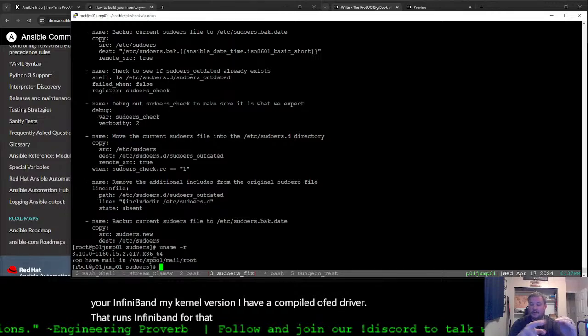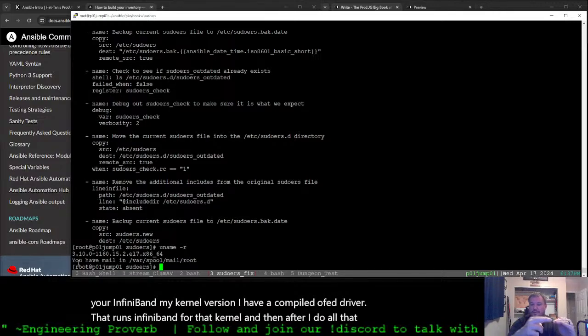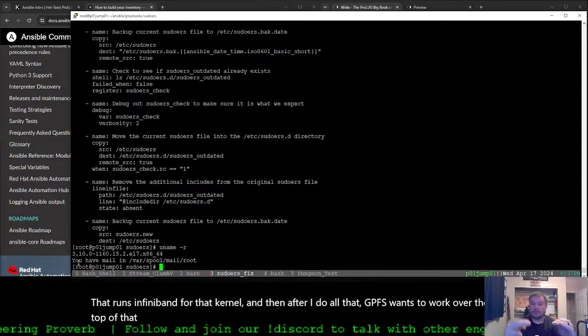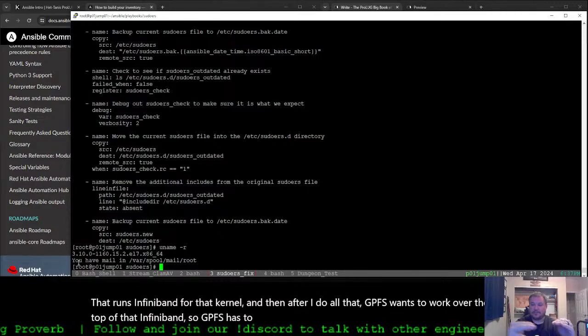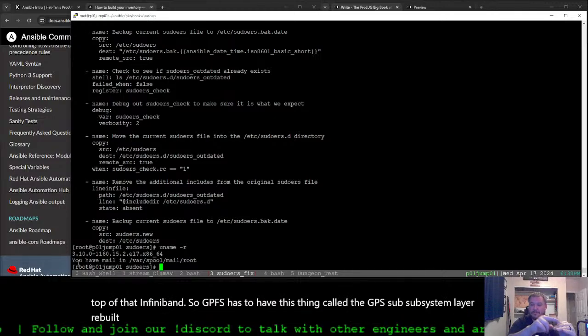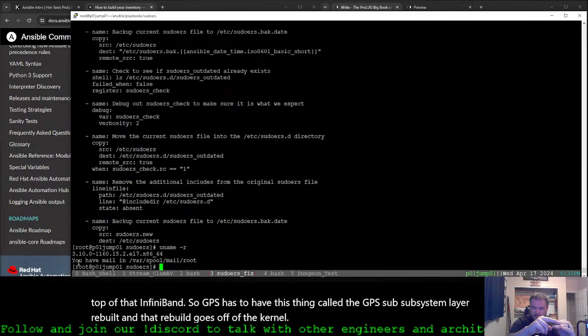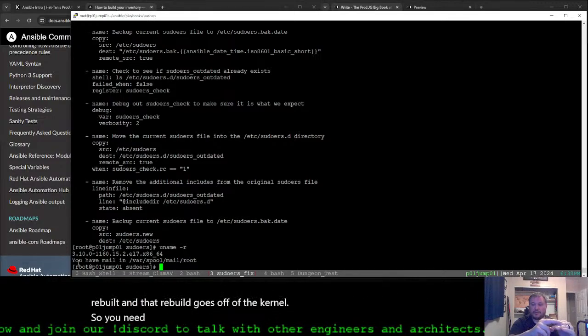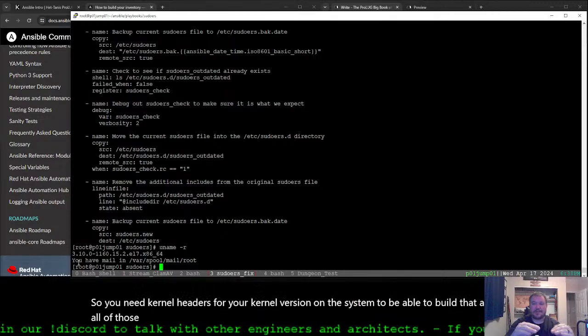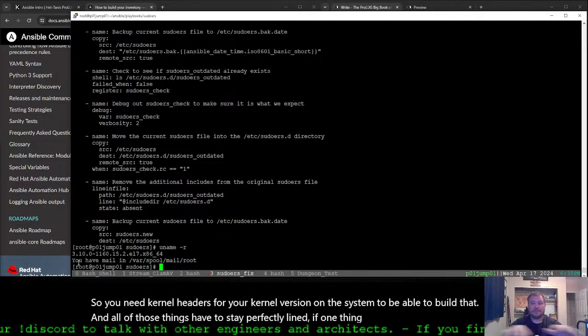And then after I do all that, GPFS wants to work over the top of that InfiniBand. So GPFS has to have this thing called the GPFS subsystem layer rebuilt, and that rebuild goes off of the kernel. So you need kernel headers for your kernel version on the system to be able to build that. And all of those things have to stay perfectly aligned. If one thing ever goes askew, your system stops working.